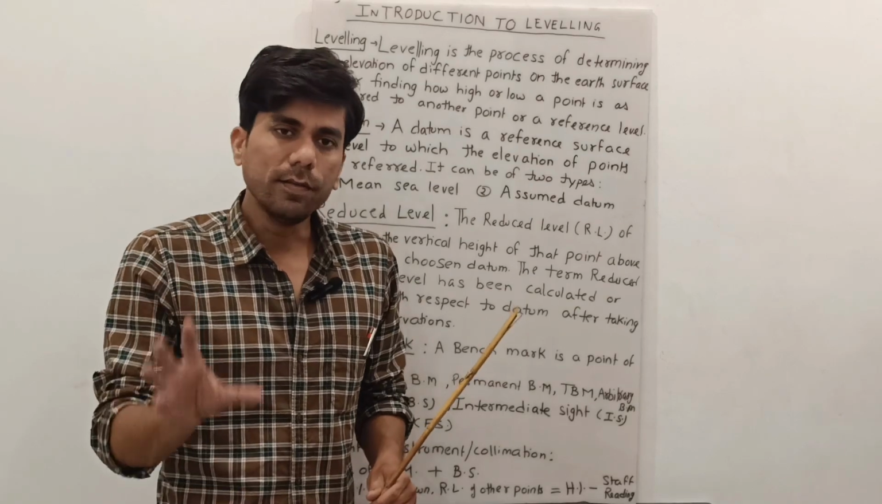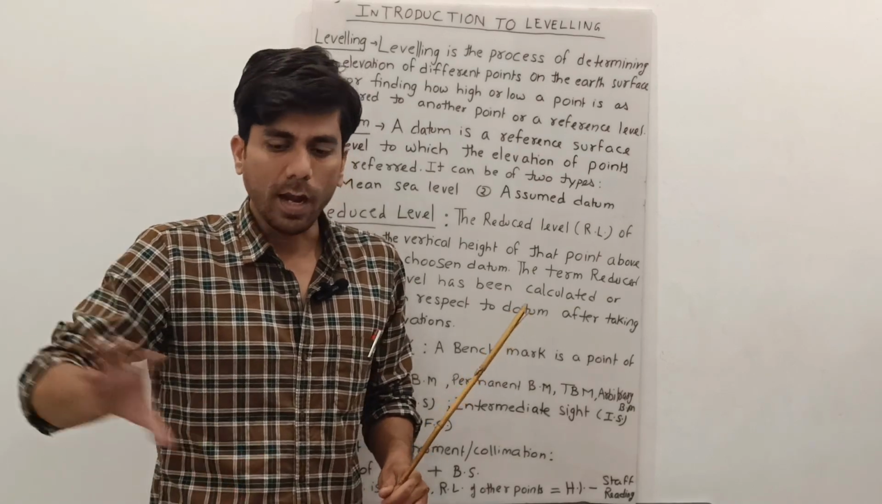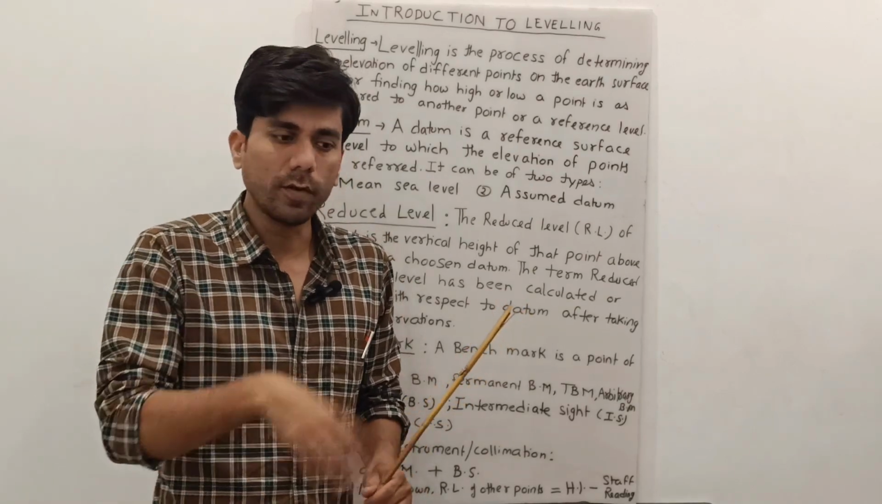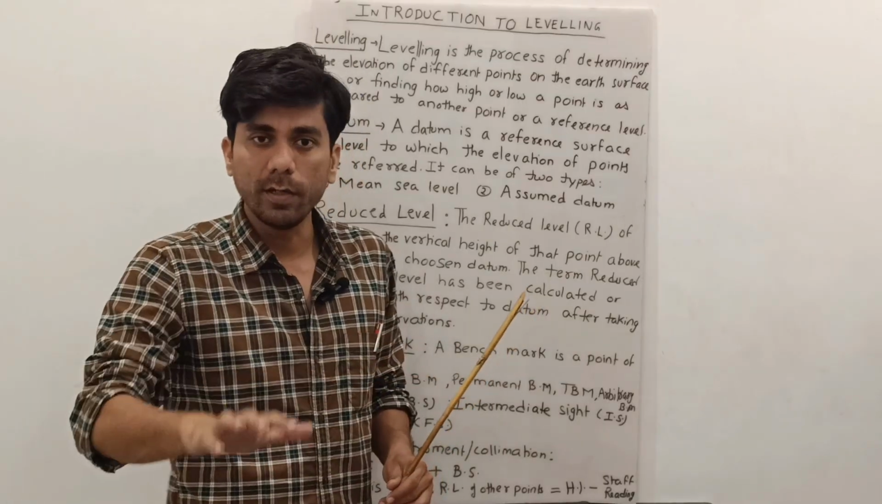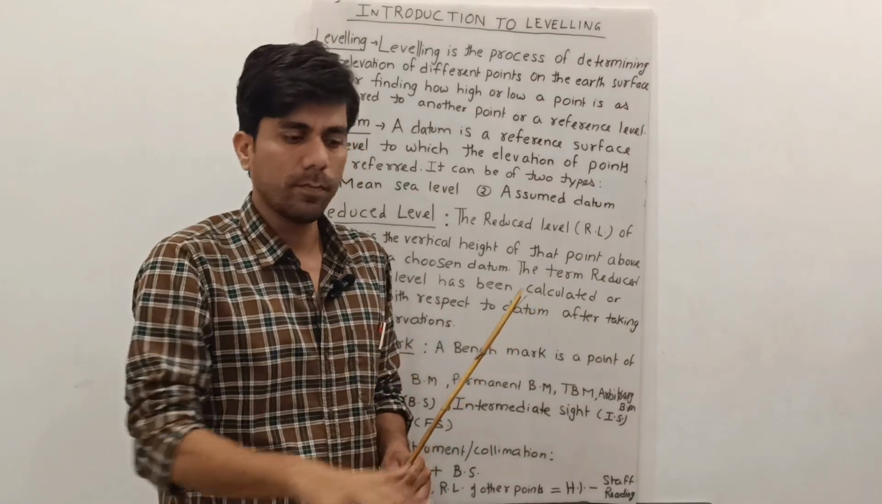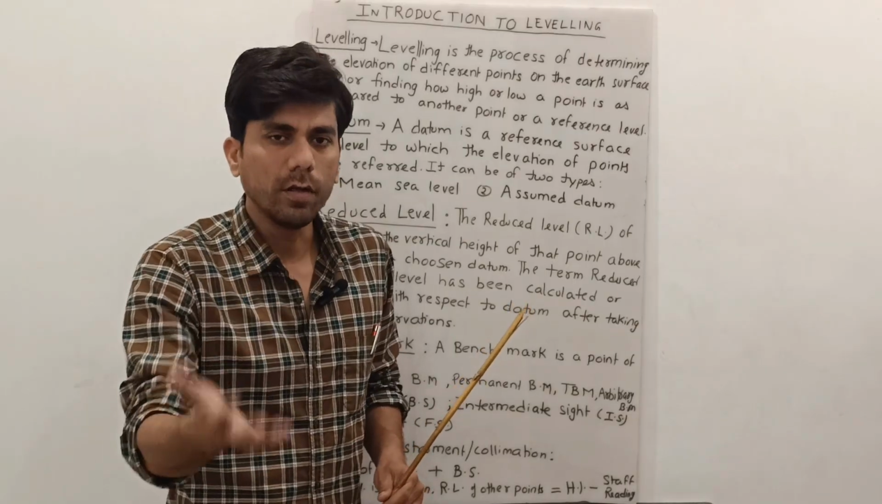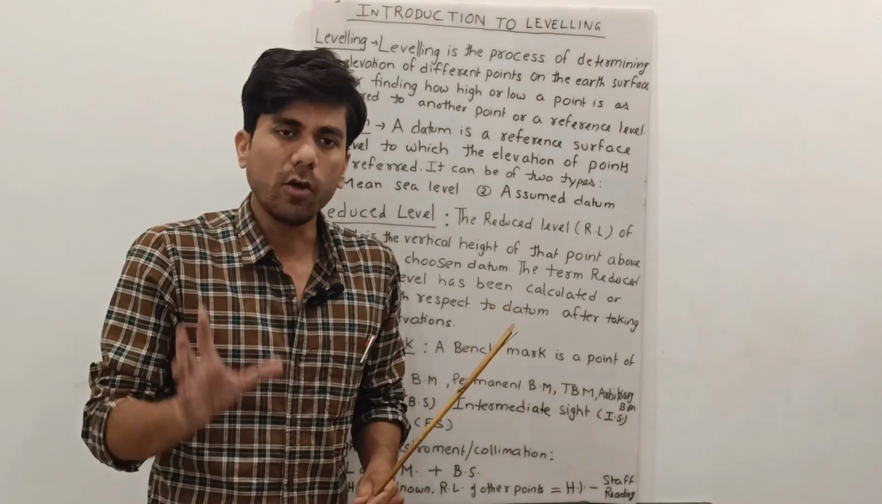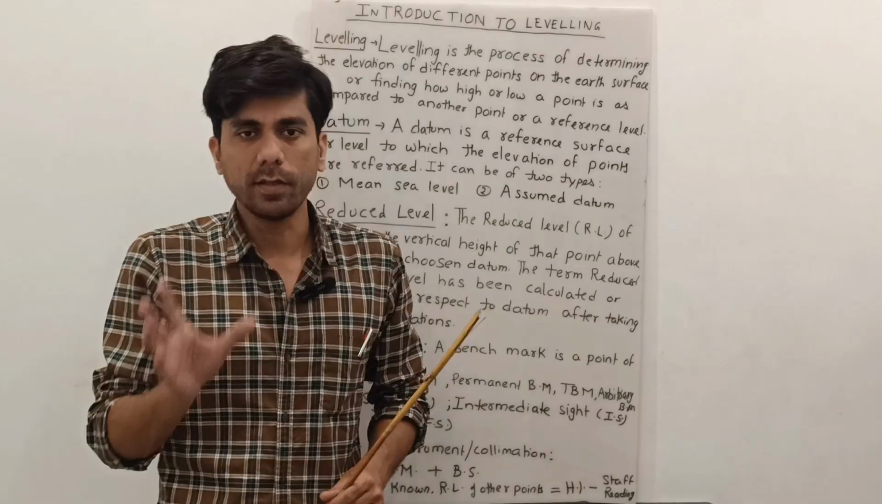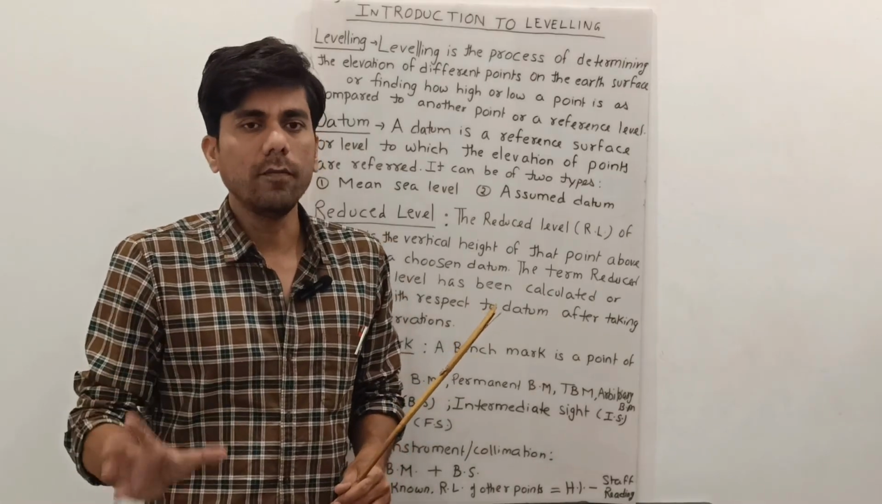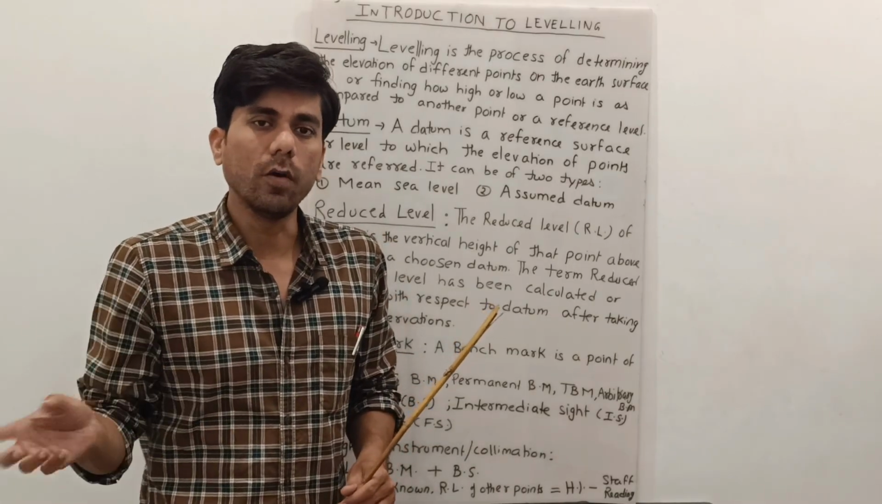That is why, since the readings are taken and this reference axis is used for calculating the height of every other point in this vicinity, all the other readings are called your reduced level. That means you take observation with the help of a staff, with the help of a leveling instrument, and then with the help of the height that you had already